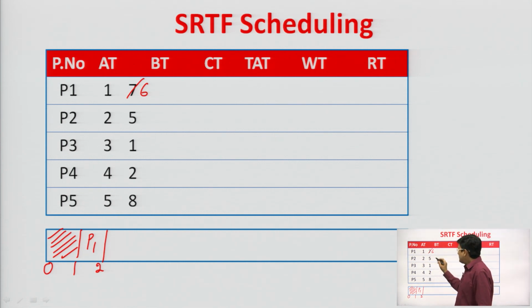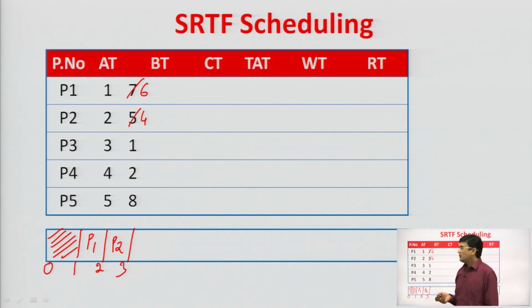6 और 5। 2 टाइम पे केवल P2 प्रोसेस अवेलेबल है, तो 6 और 5 में 5 छोटा है, इसलिए P1 प्रोसेस को प्रीएम्प्ट करके हम P2 को CPU दे देंगे। P2 जो है वो 1 यूनिट ऑफ टाइम तक रन करेगा, और उसके बाद 3 टाइम पे P3 प्रोसेस भी